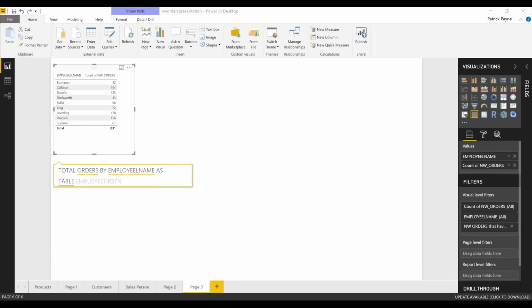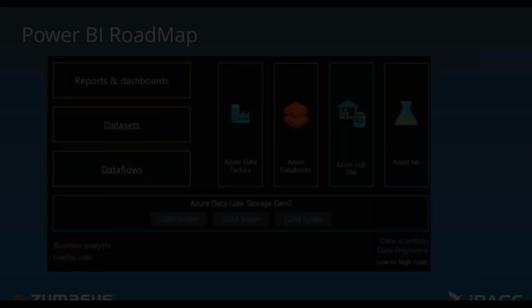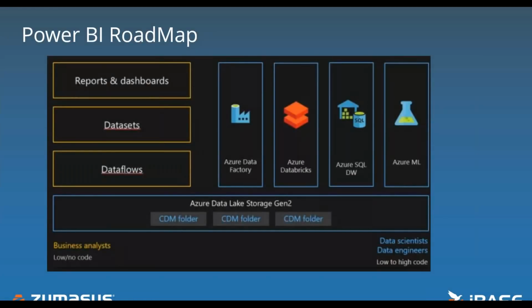So I go back to our slides, and let's first talk about the Power BI roadmap and some of the issues you're going to run into. Power BI Desktop, which you're seeing on the top left of the roadmap, reports and dashboards and what's called datasets. The datasets is what we're pulling in through the demonstration I just gave you, and it works very much like Excel. So if you've already done reporting in Excel, you can't pull more than 10, 20, 30,000 rows